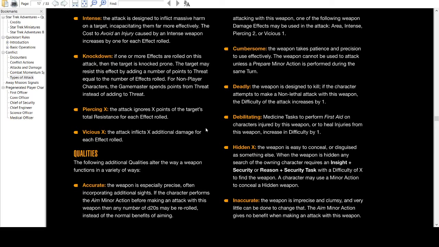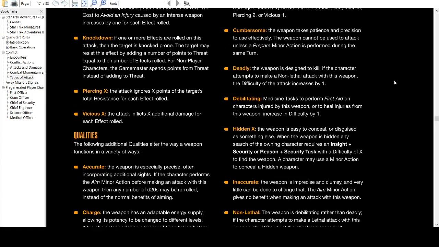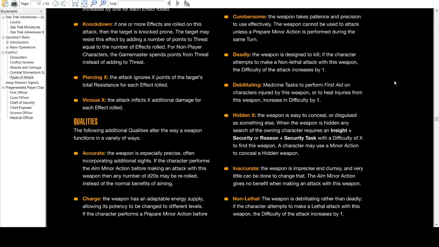And fortunately enough, all of that is being covered under the deep damage effects. So the characters are actually being given an item that has a lot of effects built into it, as long as they make the appropriate actions to adjust them. Alright, the cumbersome. The weapon takes patience and precision to use effectively. The weapon cannot be used to attack you unless a prepare minor action is performed during the same turn. Alright, so cumbersome is the ugly cousin of the charge weapon, where the prepare minor action becomes compulsory rather than